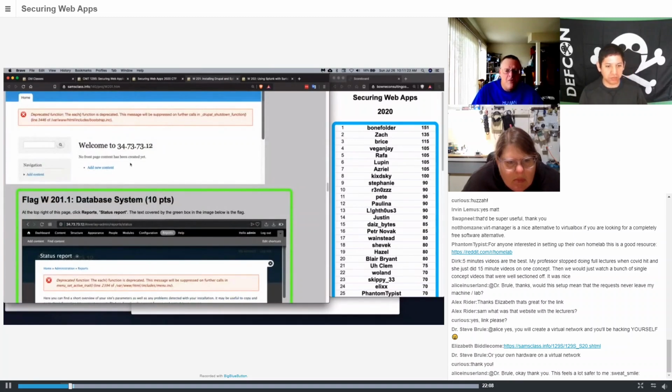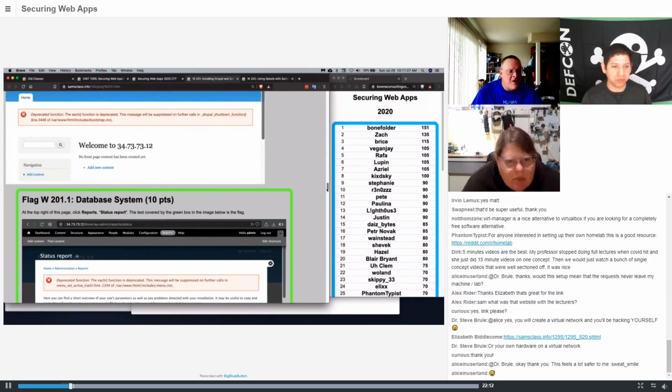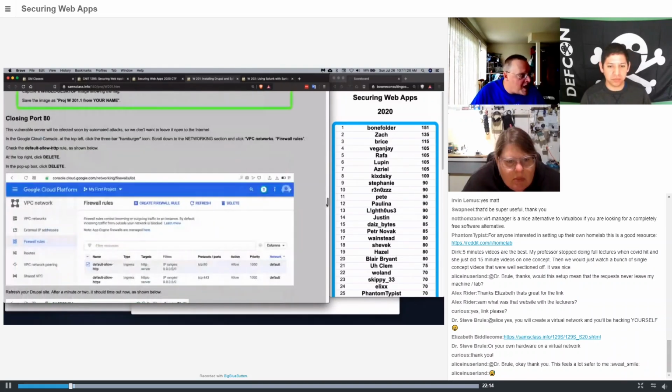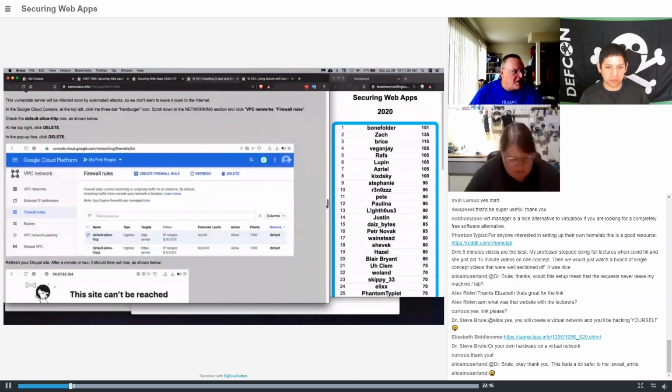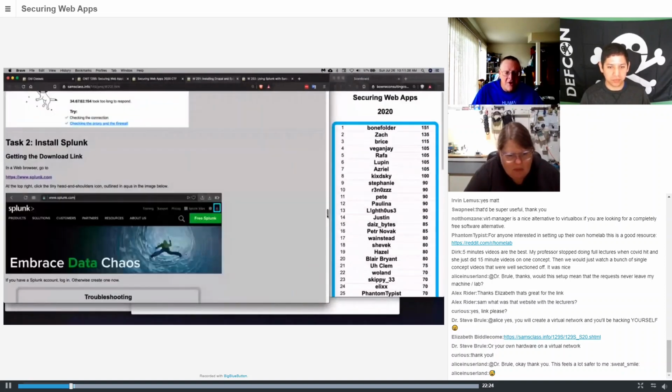So once you've got your Drupal installed, then you can start attacking it. As I mentioned before, make sure you do not expose port 80 to the general internet, or it will get hacked and filled with malware and wrecked. Now you can install Splunk. You log into Splunk, install Splunk, and